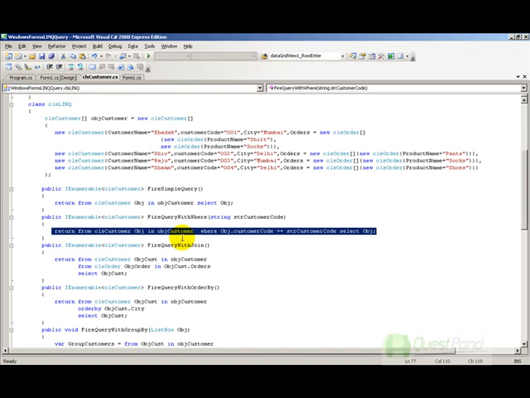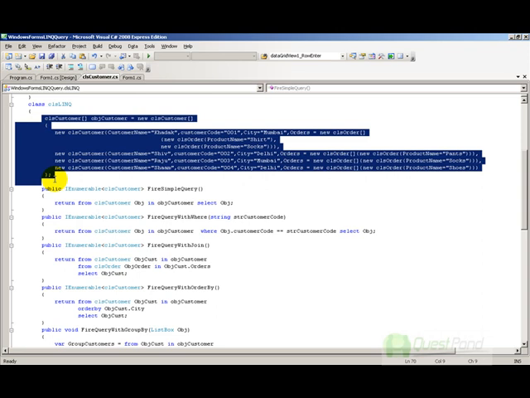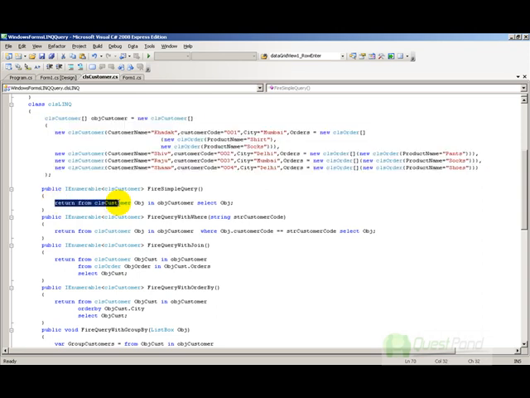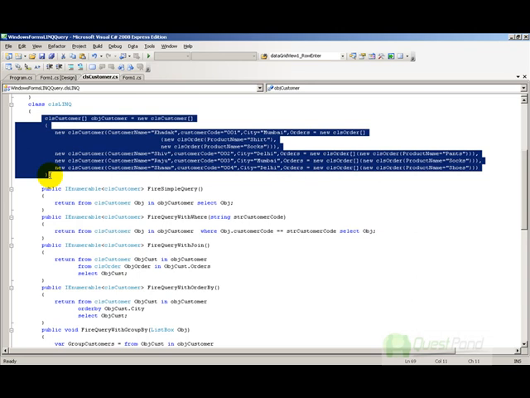So what you can do is that you can download this source code from questpointvd.com, or if you have bought the DVD, then you will get the same in the source code folder and experiment around with this. In other words, try to replace this customer collection object with some kind of data set, some kind of data reader, and then see how LINQ query works. Or else probably you can just over here use some kind of list or collection base or a vector and see how this LINQ query works.